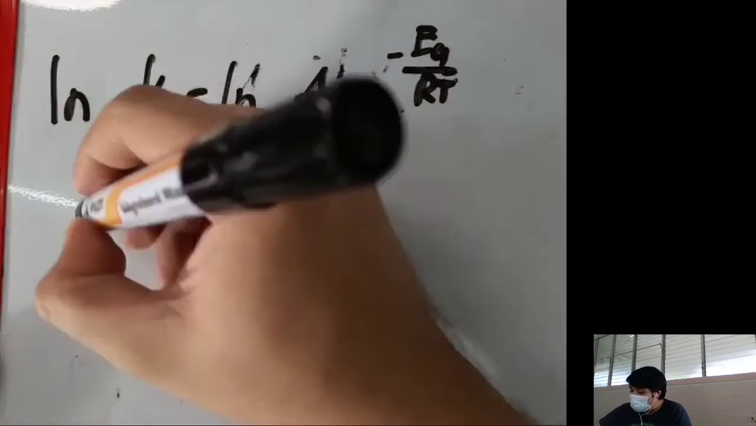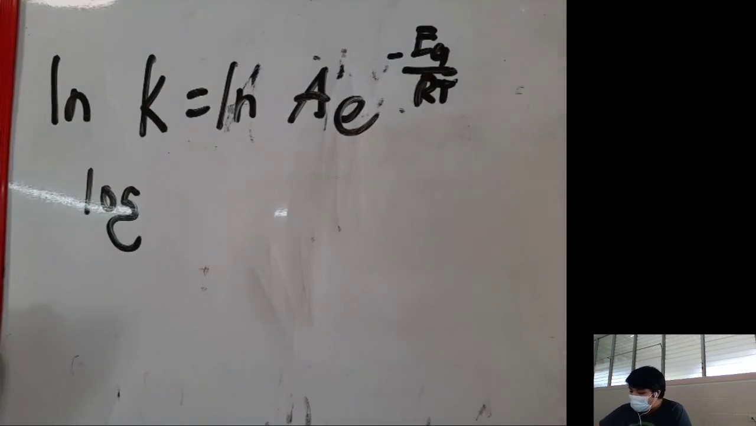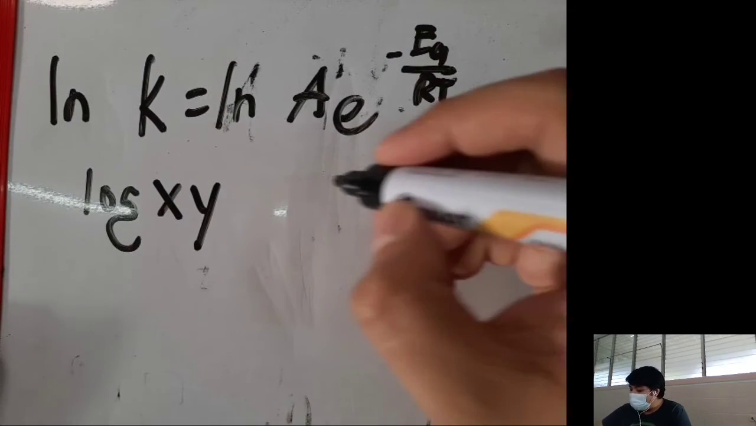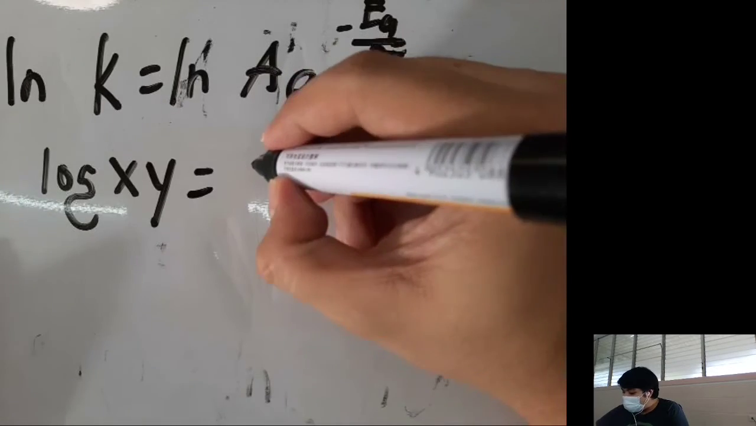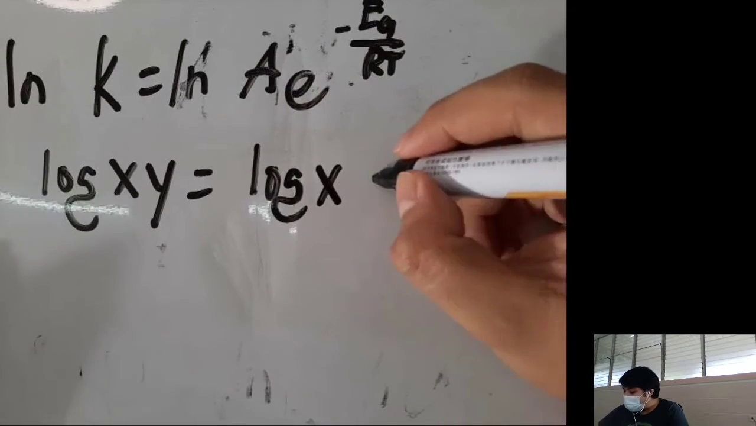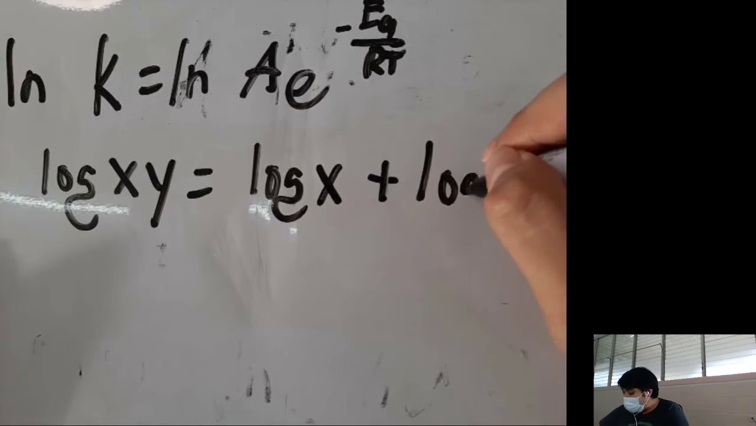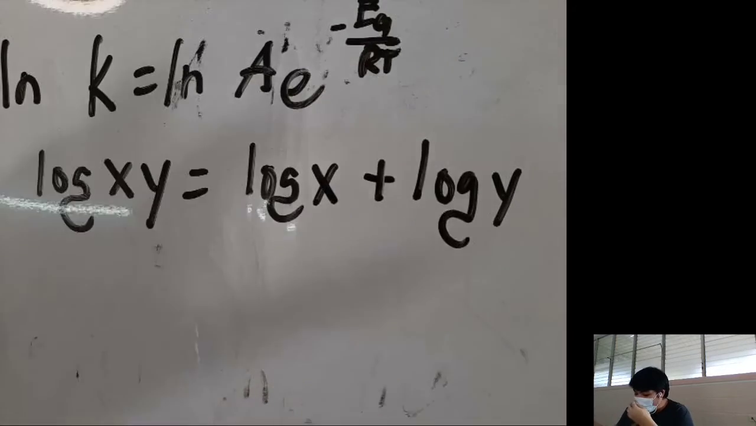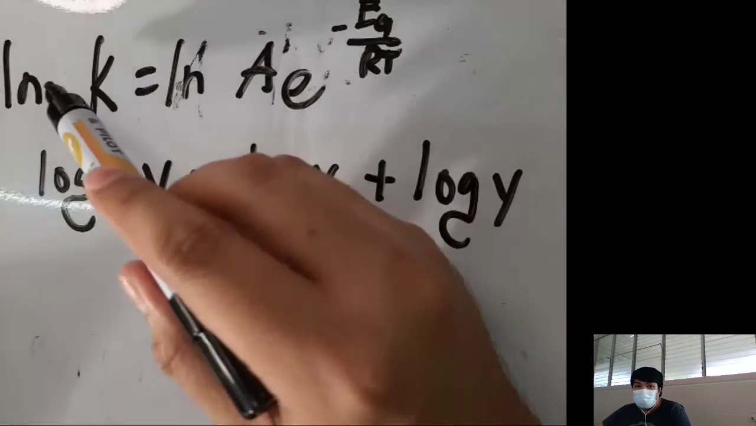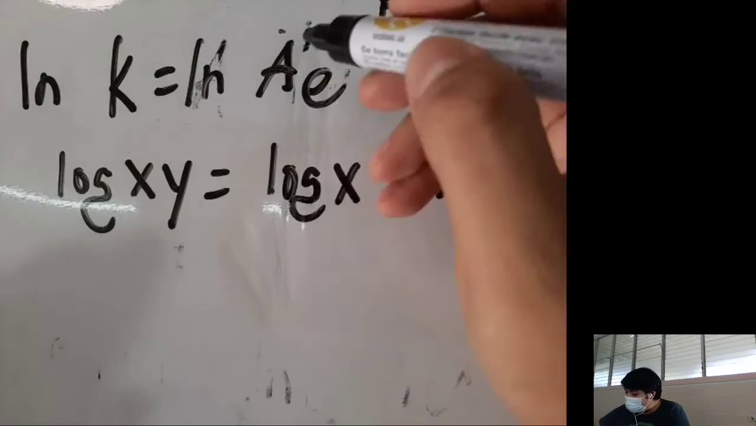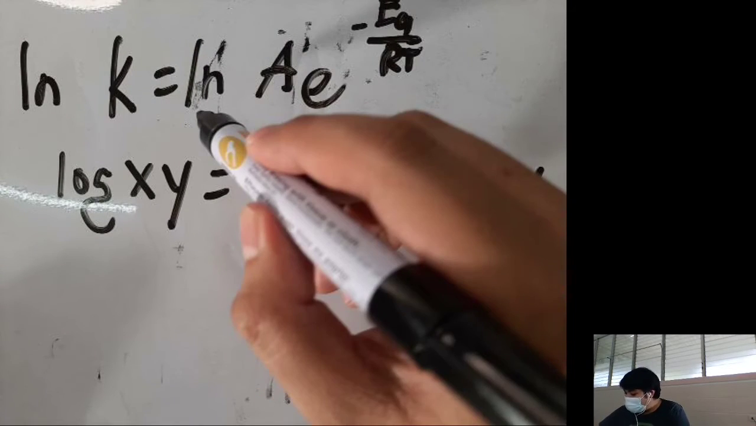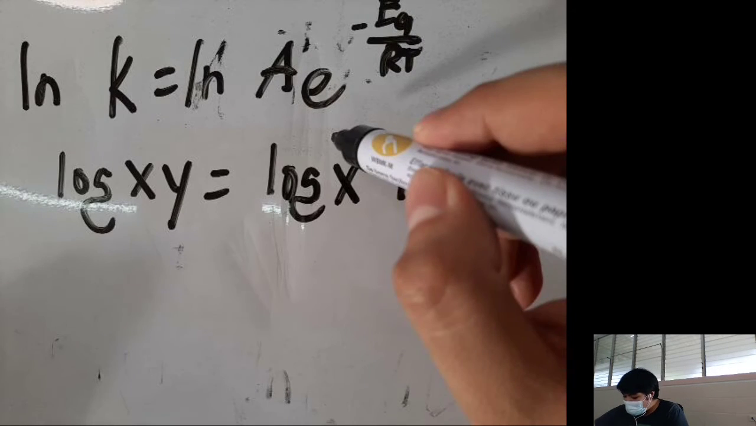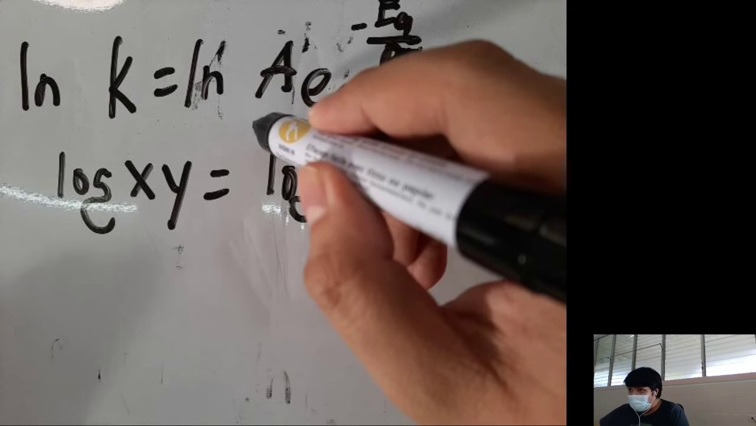Now, in our logarithmic laws, if we get the logarithm of a product, this is equal to the sum of the logarithms of each of the factors. So let's say if we have log xy, that is also equal to log of x plus log of y. Since the natural logarithm is a logarithmic function as well, we can apply this property of logarithmic functions here. So ln k is equal to ln